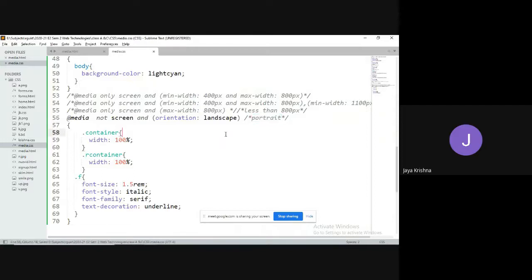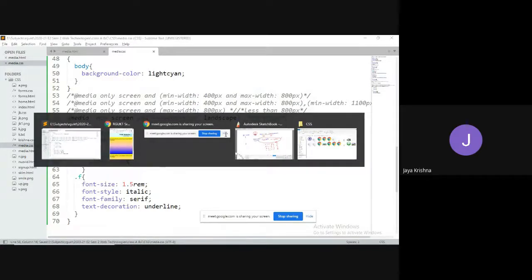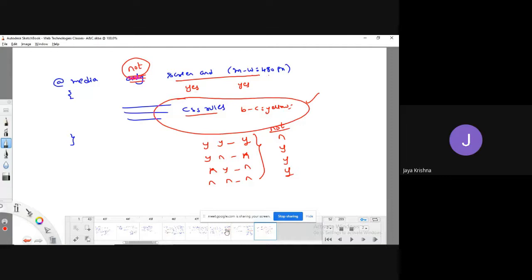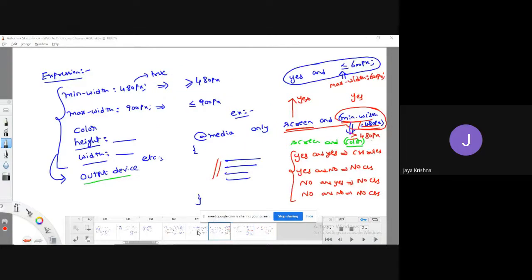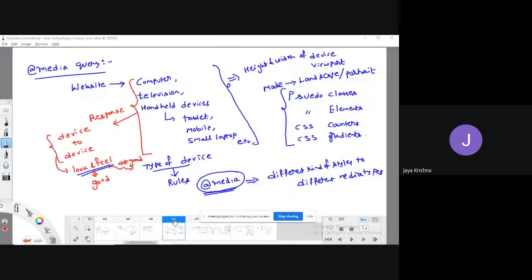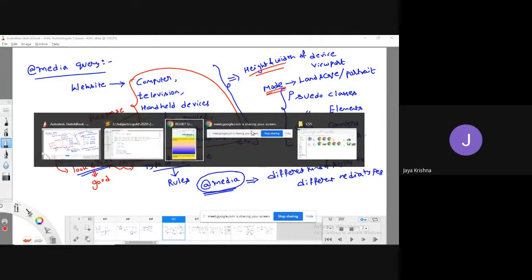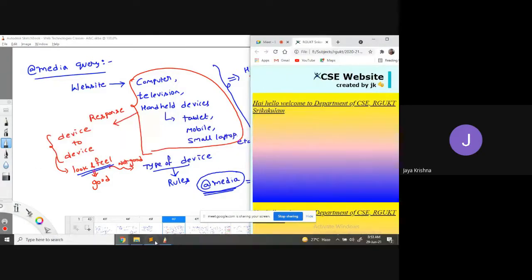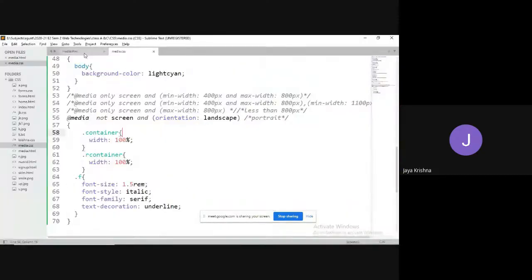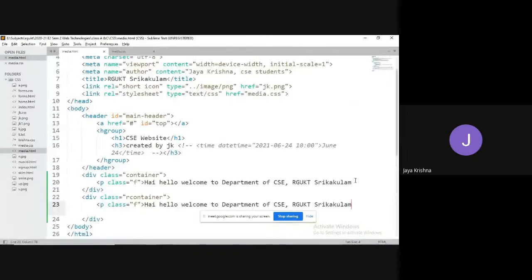Okay, guys, I hope now you understood clearly, right? So meaning that based on the type of the device, or based on the screen size, or based on the type of the mode, we can set some rules so that my website will yield a better look and feel. For example, let me go for some extension here. So I would like to define whether it is portrait mode or not.